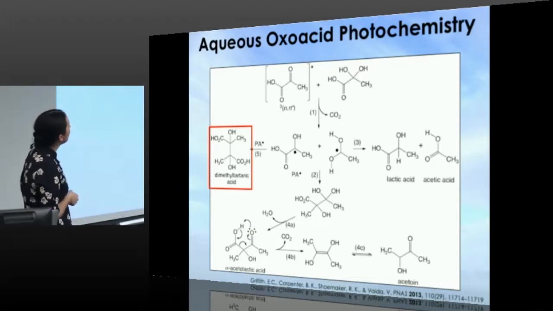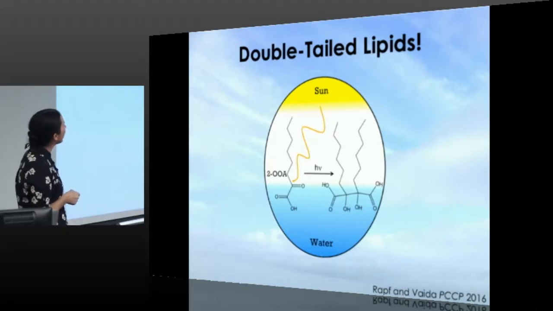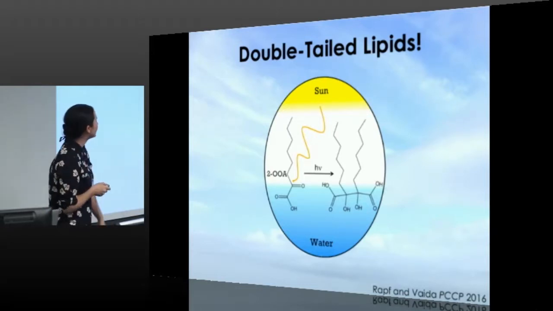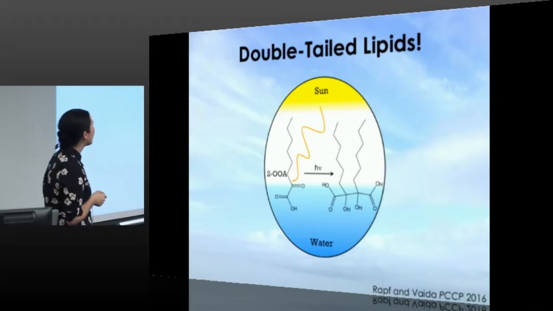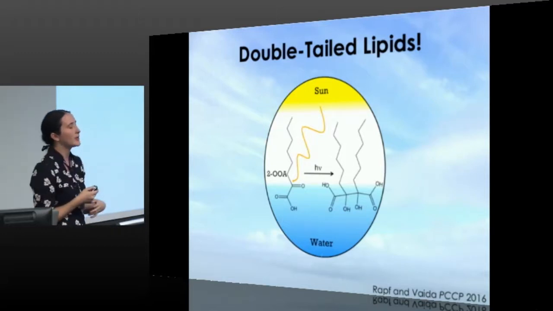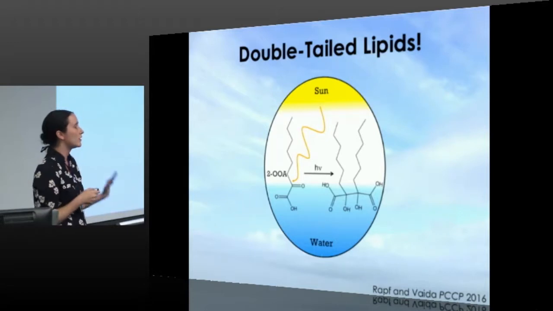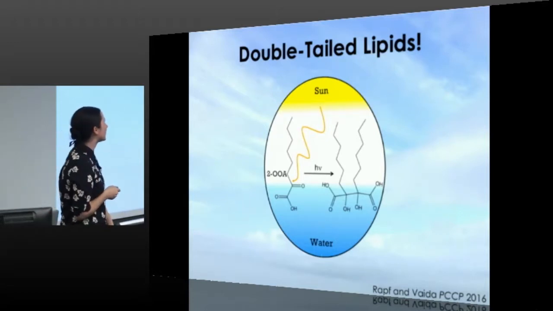instead of methyls. Because then, suddenly, you have a way of going from a simple single-tailed surfactant that's prebiotically plausible to a simple double-tailed surfactant, which is really interesting because generally there hasn't been a great abiotic way of making double-tailed lipids. It's not a phospholipid, but it's sort of in this region of chemical space in between the single-tailed carboxylic acids